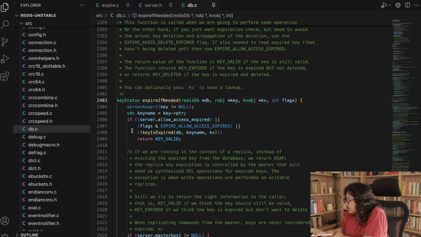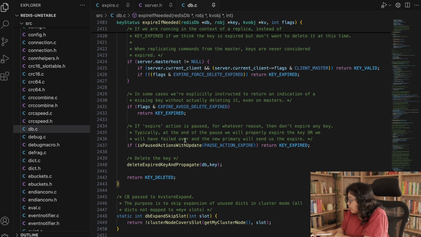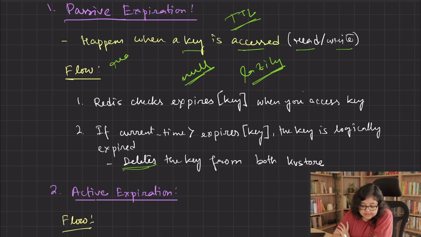Here Redis is checking if the key has expired or not. If the key has expired, in that case, it will check if there is any special instruction to not remove a key even if it is logically expired. If there is no such instruction, then Redis will finally call the deleteExpiredKeyAndPropagate method, inside which the key will actually get deleted in the master and propagated to the replica nodes. In Redis, read replicas cannot initiate deletion. The master has to initiate it and send the DEL command to the replicas.